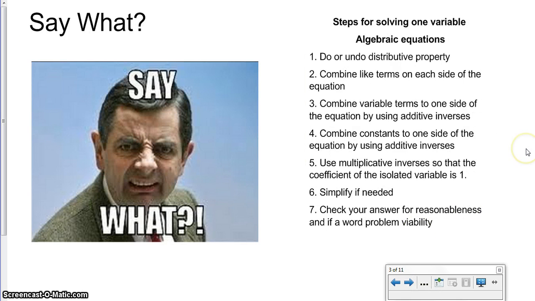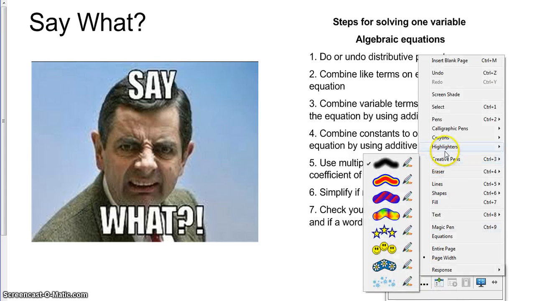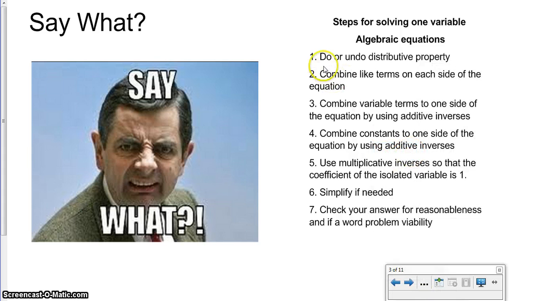Say what? What? Okay, let's just make sure that we understand a couple of these things to make sure that we can do this and do this well. The first concern that I would have is this: do or undo distributive property. And we're going to talk about that because technically distributive property also works if there is a quantity in the denominator, okay? Combining like terms on each side of the equation, variable terms using additive inverses, constants, standalone numbers, multiplicative